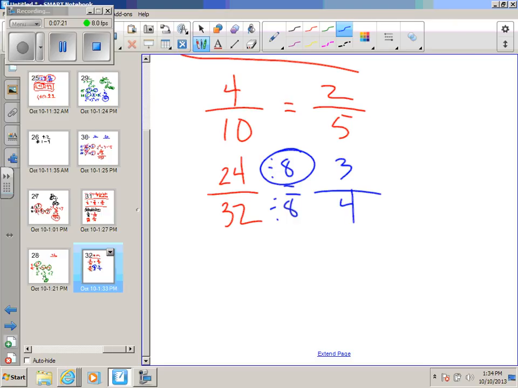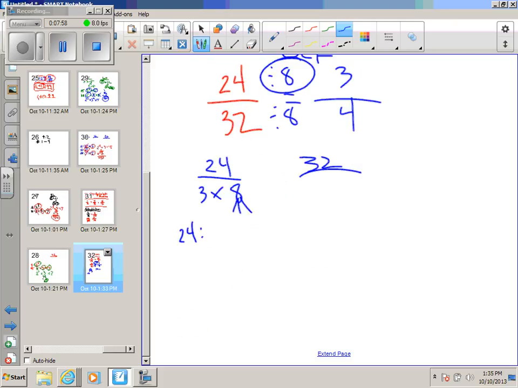Close. Common something. Common factor. The 8 is their GCF. Remember, if I were to go back and give you a quick refresher on the GCF,